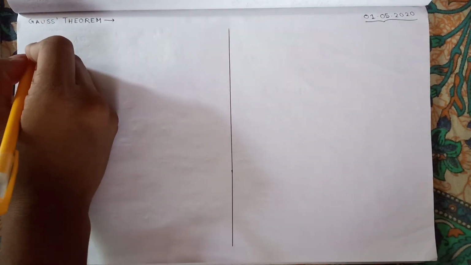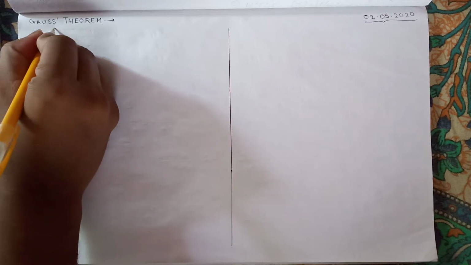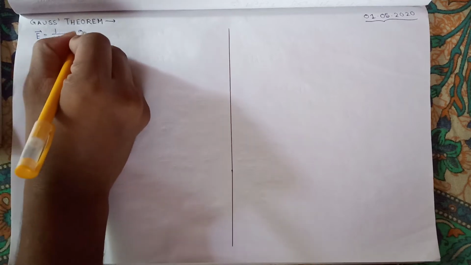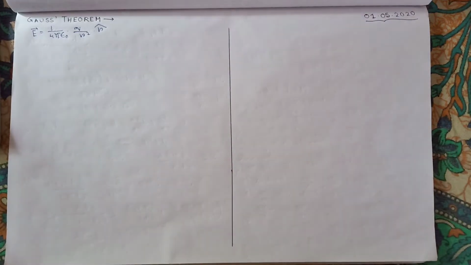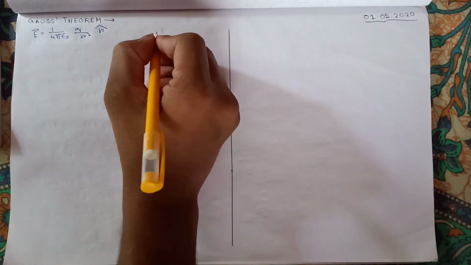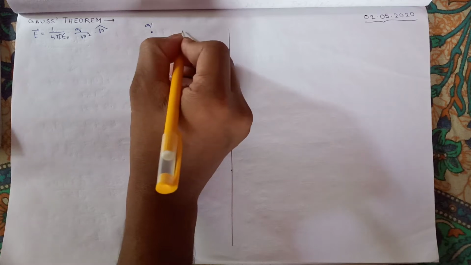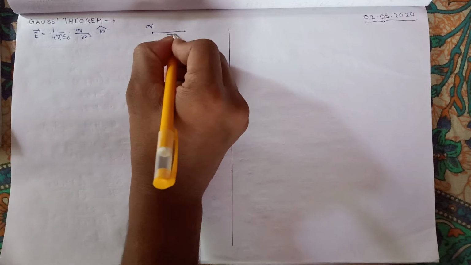So today's topic is Gauss theorem and electric flux. Before we go to that, up to now we have studied the electric field, right? So what is the expression for electric field? You all know 1 by 4 pi epsilon naught q by r square r cap. The direction of electric field is along the radius vector, right? So when it's about a point charge, it is easy to find out the electric field around that point charge, right? It's r distance away, so we can easily find out the electric field.